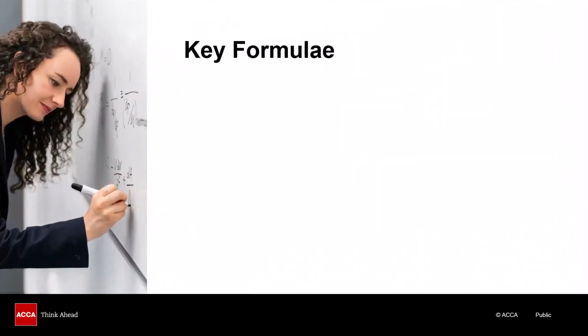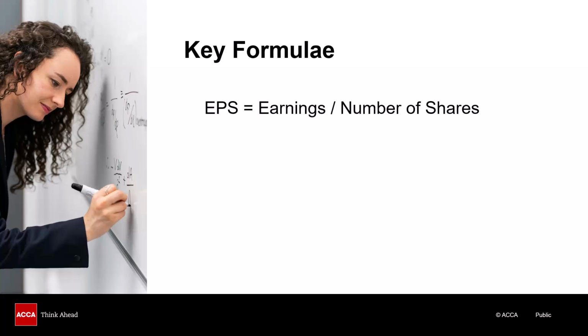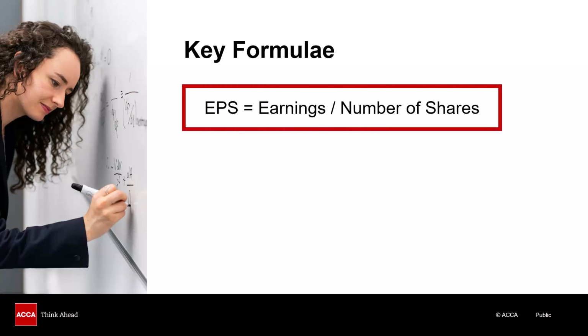Now, in these calculations, it relies on you being able to piece together various different formulae and knowing how and when you need to use them. So just a couple of reminders. Earnings per share is just earnings divided by the number of shares. Now, when we talk about earnings, that's profit after tax. Technically, you should then deduct any preference dividends, but there aren't any in this question, and in AFM, they're quite rare. So just treat earnings as profit after tax in this question.